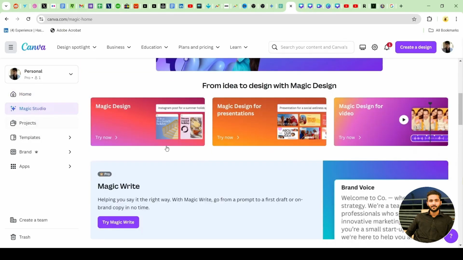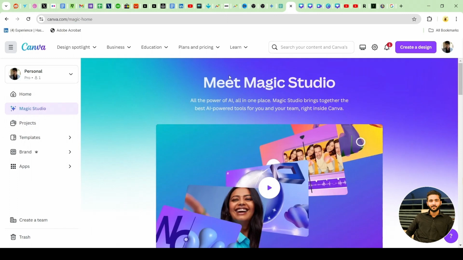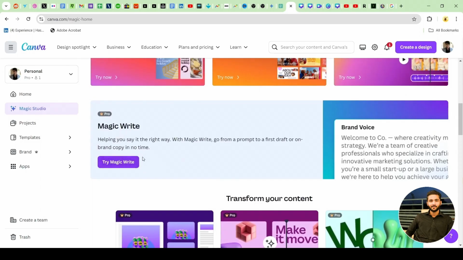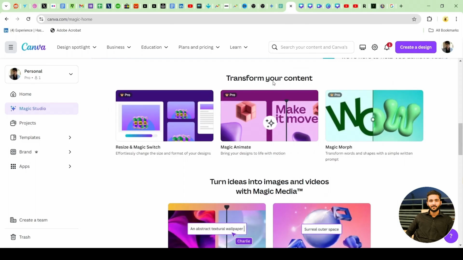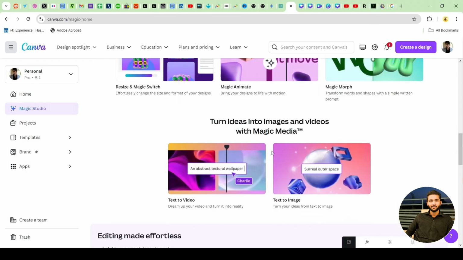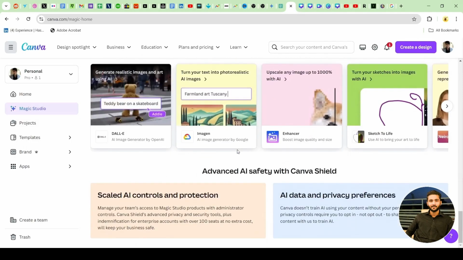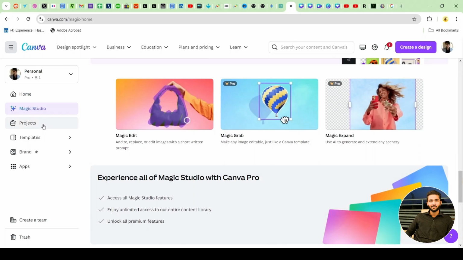So we'll be talking more about this. Basically this is AI powered features. So basically if you want AI to write for you, you can use Magic Write, if you want AI to transform your content and even do a little bit of editing in the videos or even the pictures, have some effects, and all these things, these are empowered by AI. So we'll be talking about these in a bit, but overall